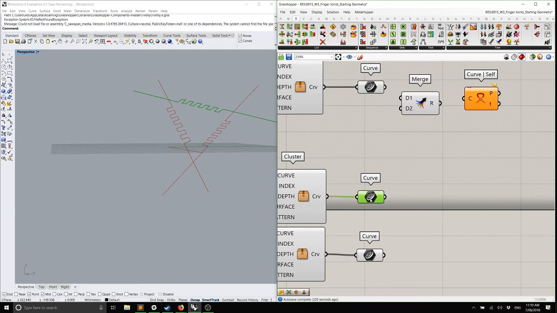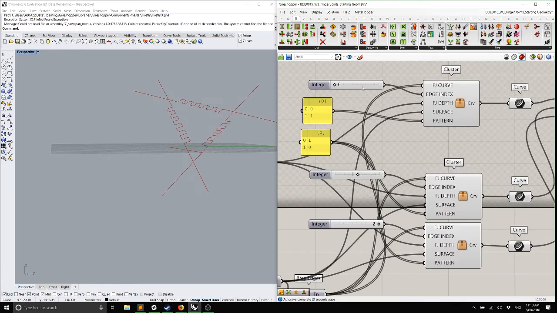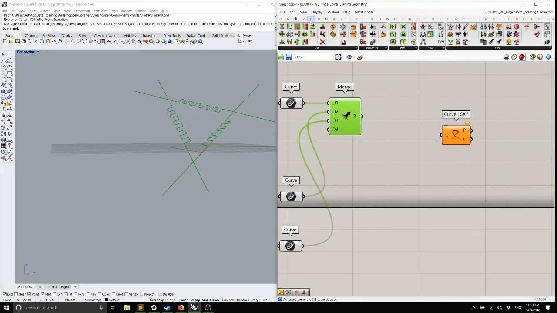So we've got 3 curves. We're going to merge them, 1, 2, and 3. As long as we're doing this in the right order, 0, 1, and 2 going into the merge, when I use connect curve,